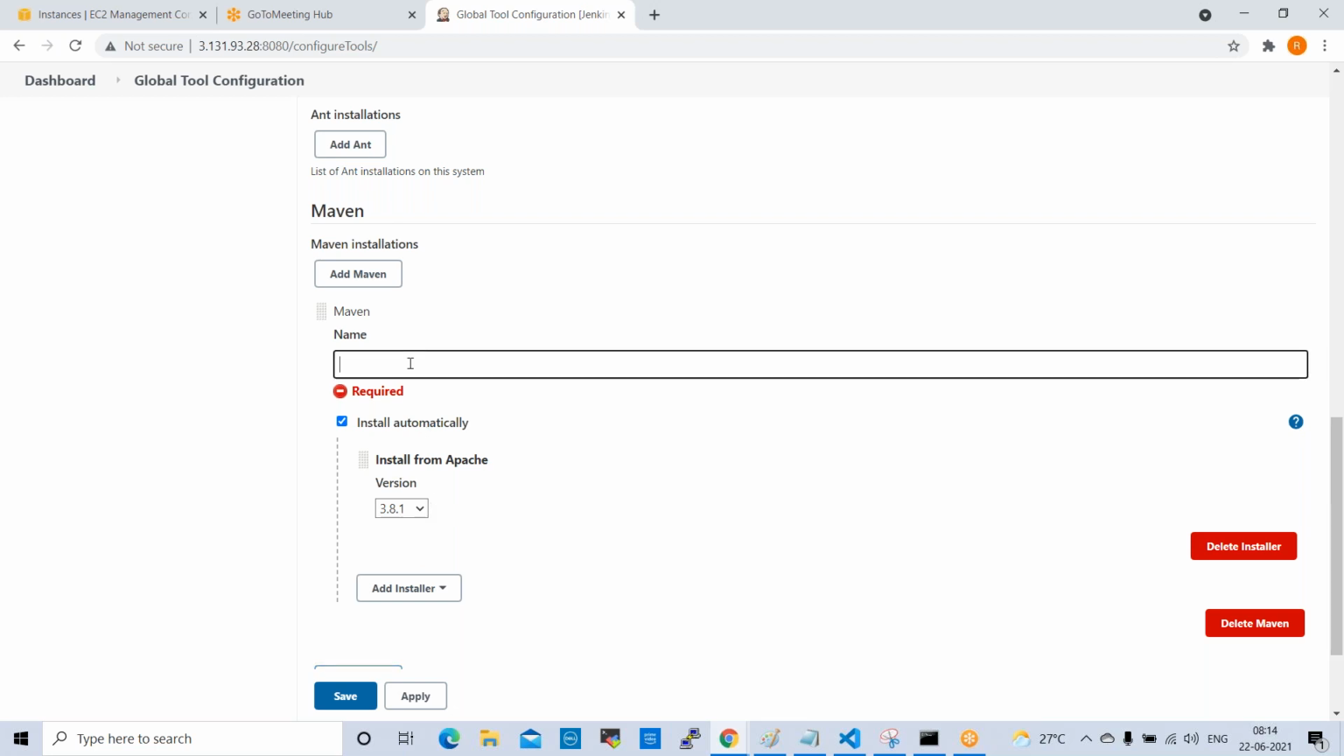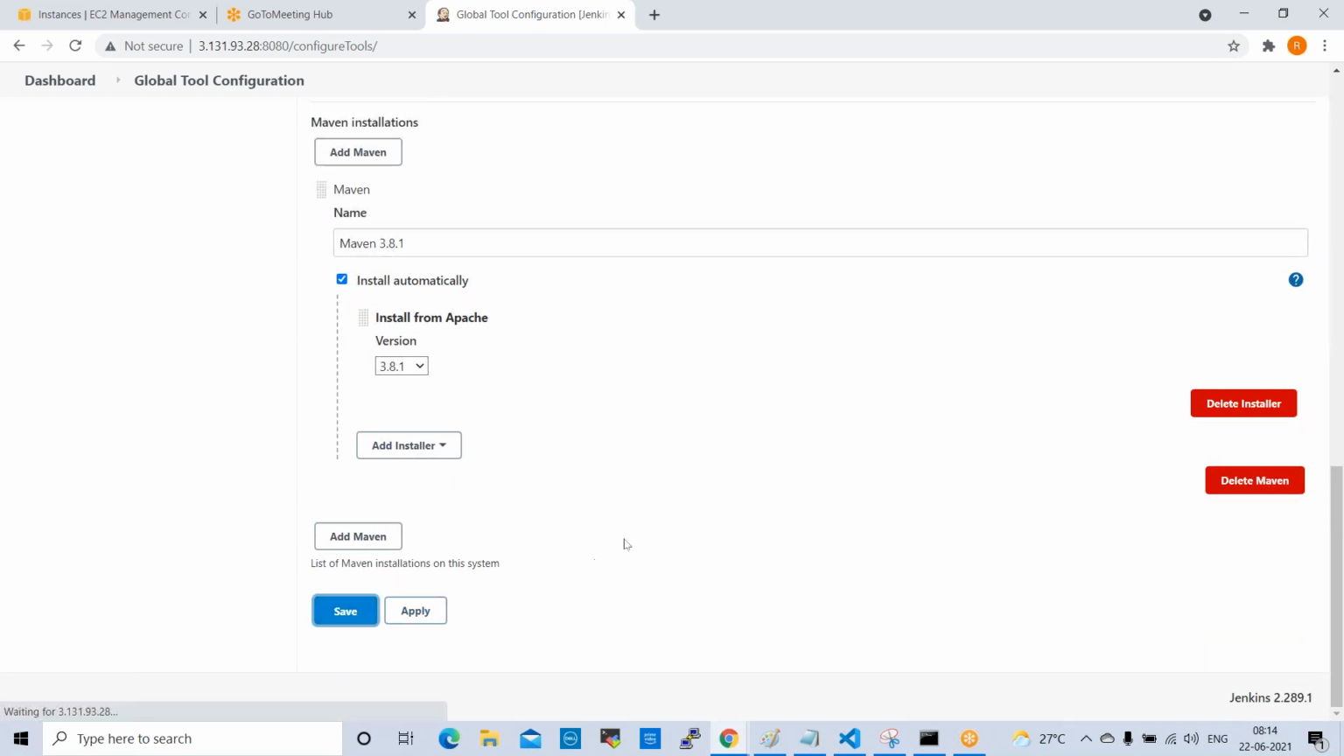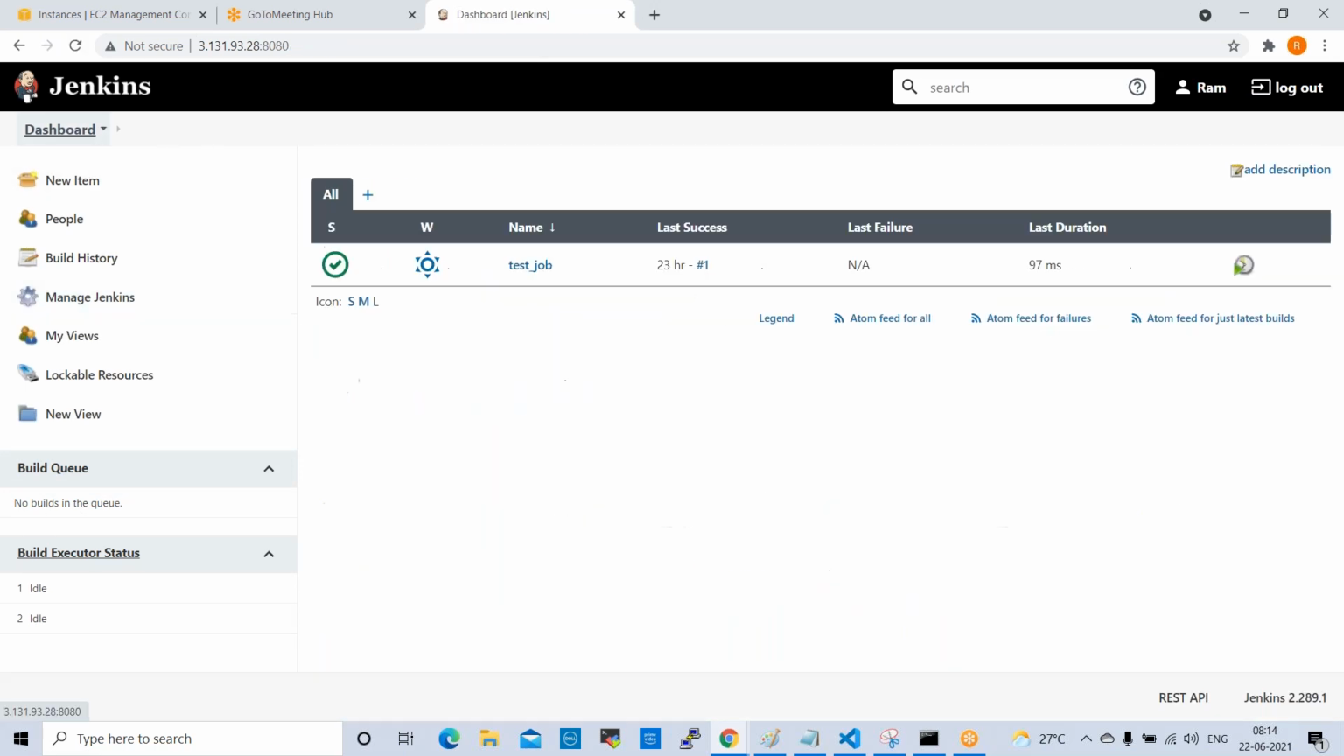Okay, so here Maven 3.8.1 is the version. Now I can check this install automatically. By default, it is checked and available. Apply, save. So once we apply save, now if you go and check in job